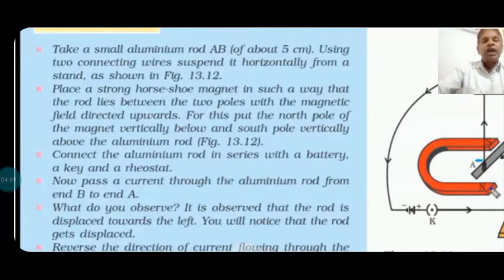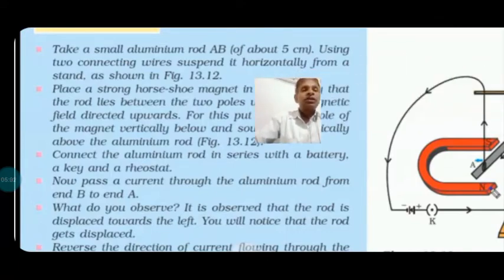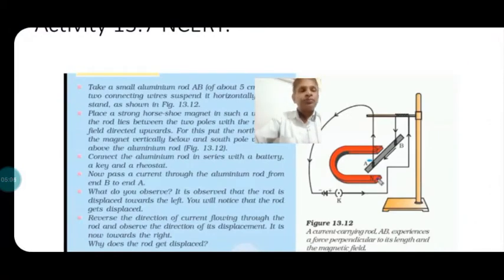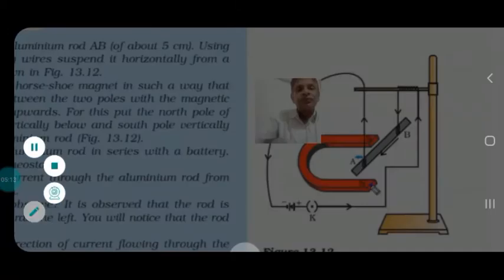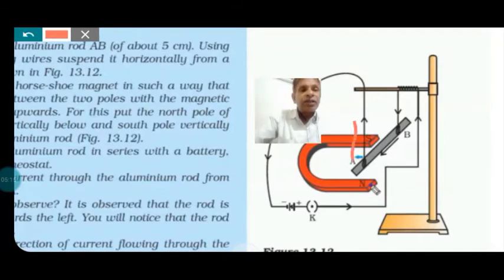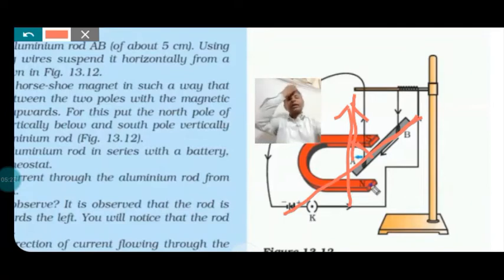Now we observe that the current carrying conductor experiences a force and moves, being suspended from the stand. Now look here. The direction of current is from B to A, and the magnetic field is in this direction, from north to south. They are mutually perpendicular. Now, what is the direction of the force exerted on the